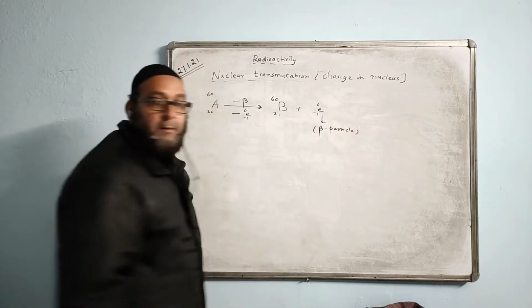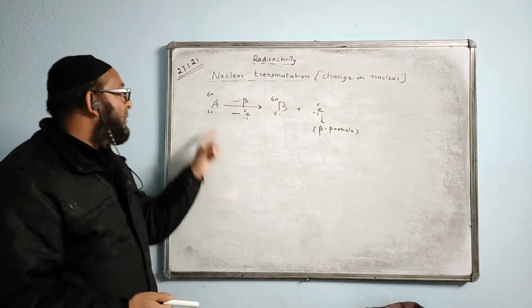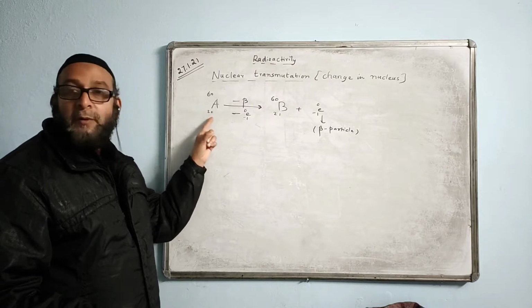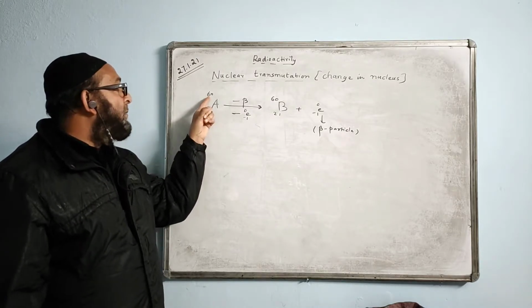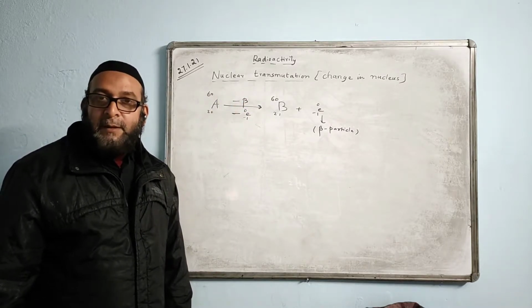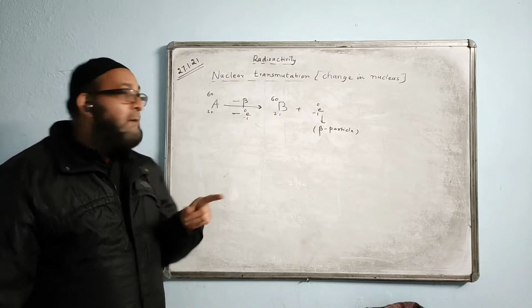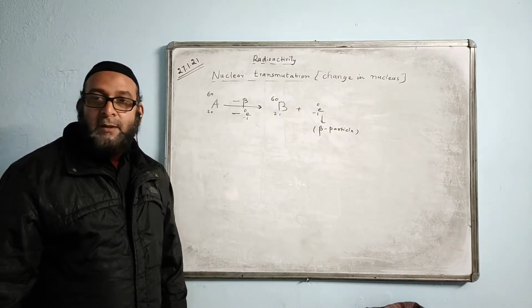When a beta particle comes out, the atomic number, this one down here, will increase by 1. Plus 1 will happen here. And the mass number will remain the same. Mass number will not change when a beta particle comes out. When an alpha particle comes out, minus 2, minus 4 you will do. That is, both change.